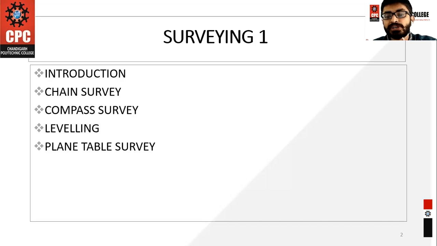What is 1 foot? 1 foot is equal to 12 inches. Then how many centimeters are there in 1 foot? 1 foot is equal to 300 mm or 30 centimeters. If you look at the scale, there is a 30 centimeter scale you use in engineering drawing, which you must have studied in the previous semester. So you have been using a drawing scale whose dimension is 30 centimeters. 15 centimeters means 6 inches, 30 centimeters means 12 inches.